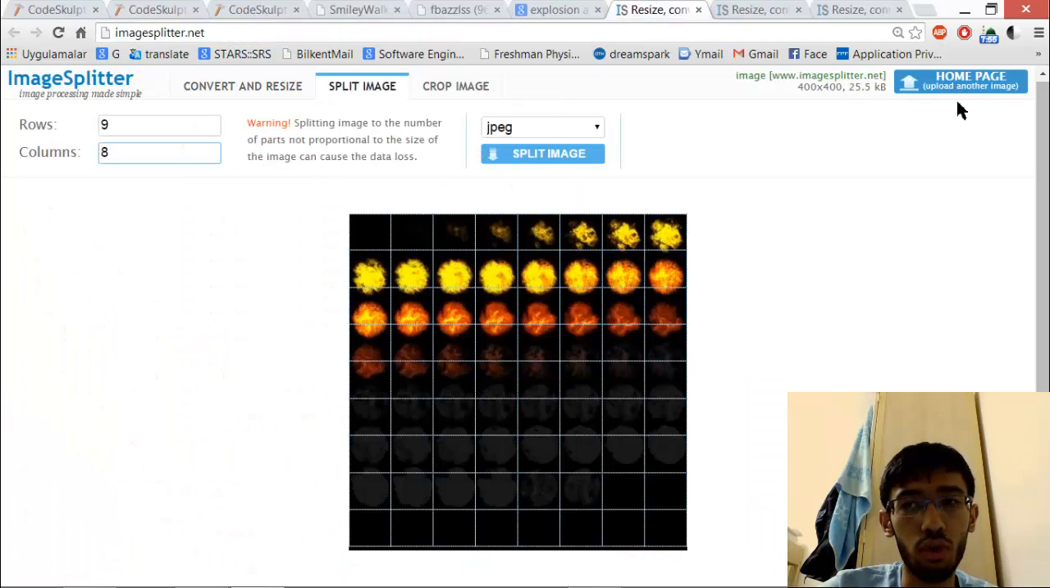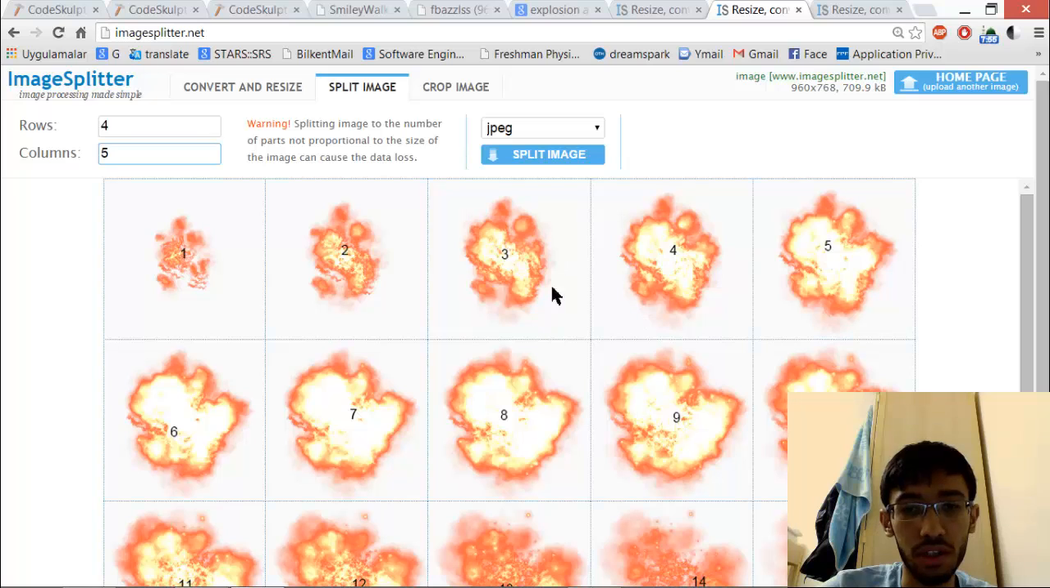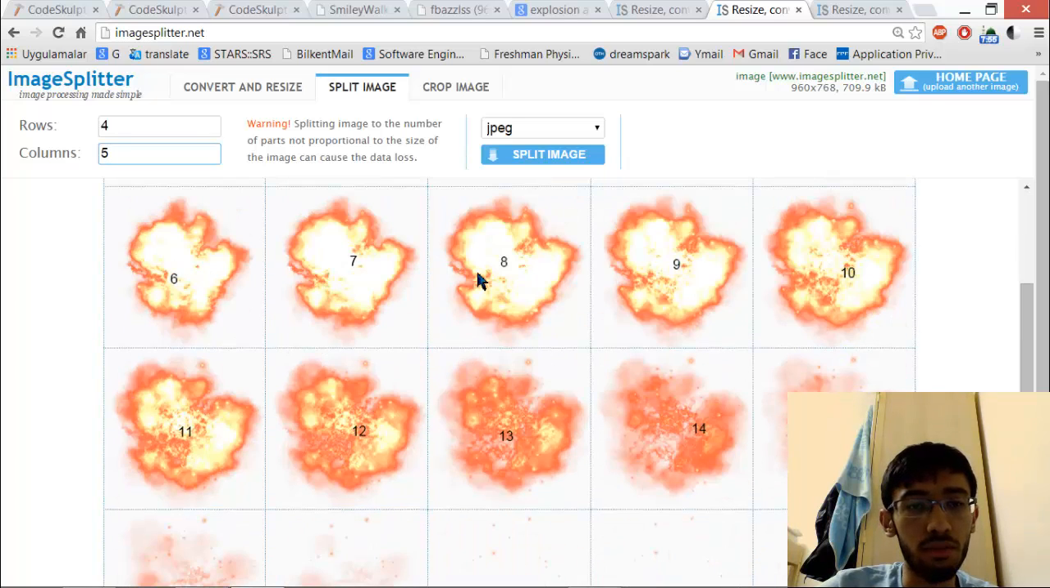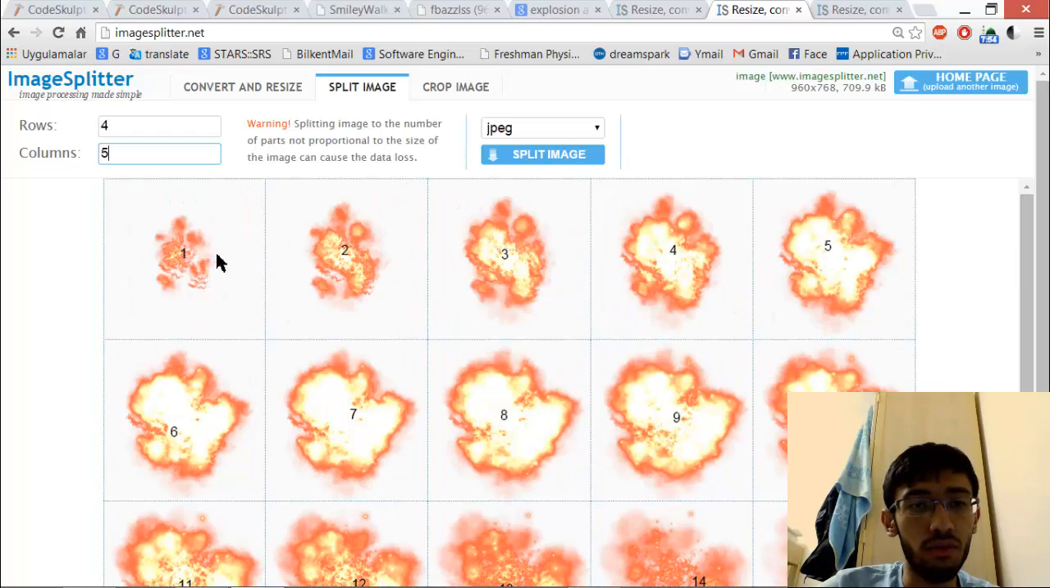On imagesplitter.net, you can go to the homepage and upload an image from a URL, and it will split the image. For example, this image is not being divided appropriately. This image is nice, and we are taking the images one by one. If you upload these images